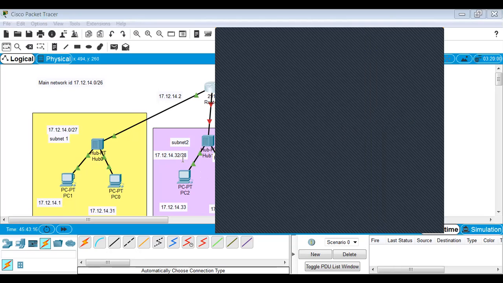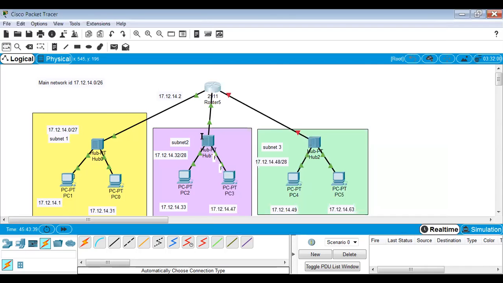Okay, now the mask is 28. So 28 means there are 4 bits 1, then 4 bits 0. So the value of this is nothing but 240. So this is the subnet mask for this second subnet. Click it on. So it becomes green now. So it has been properly set.